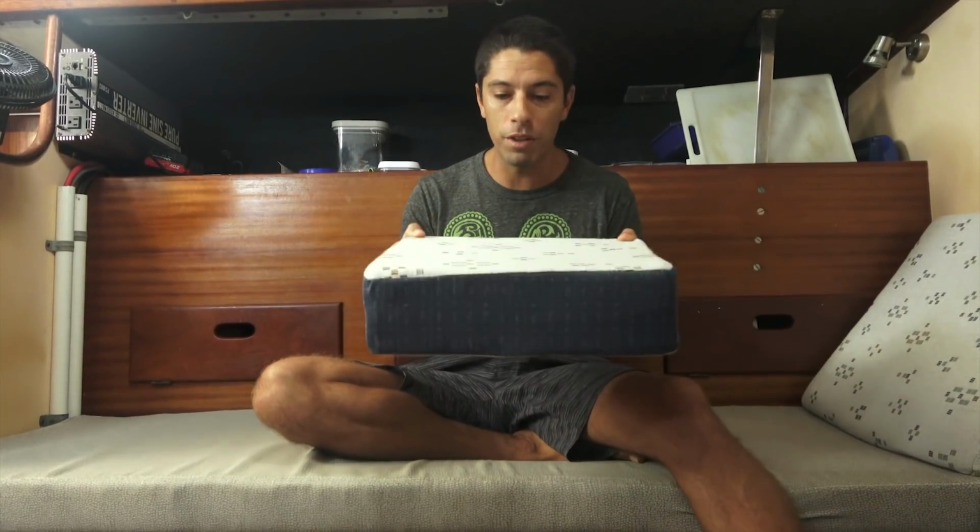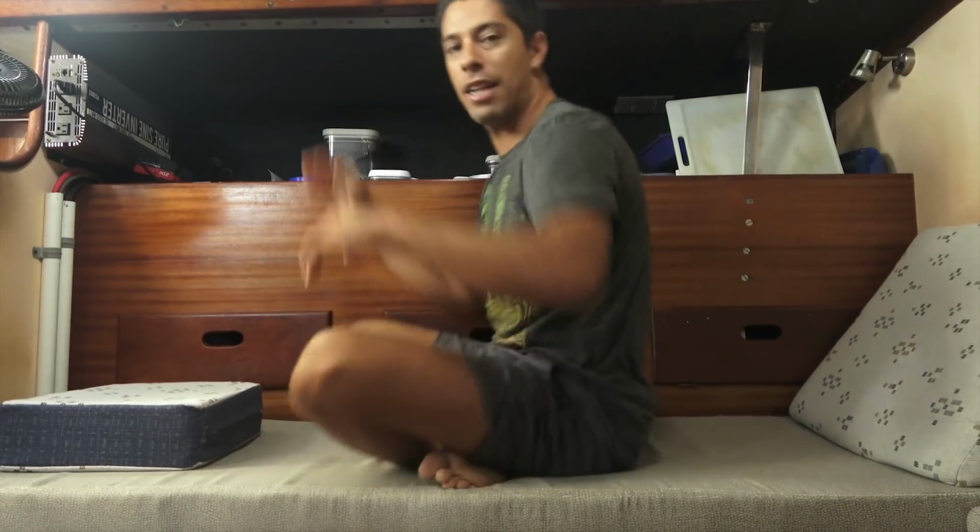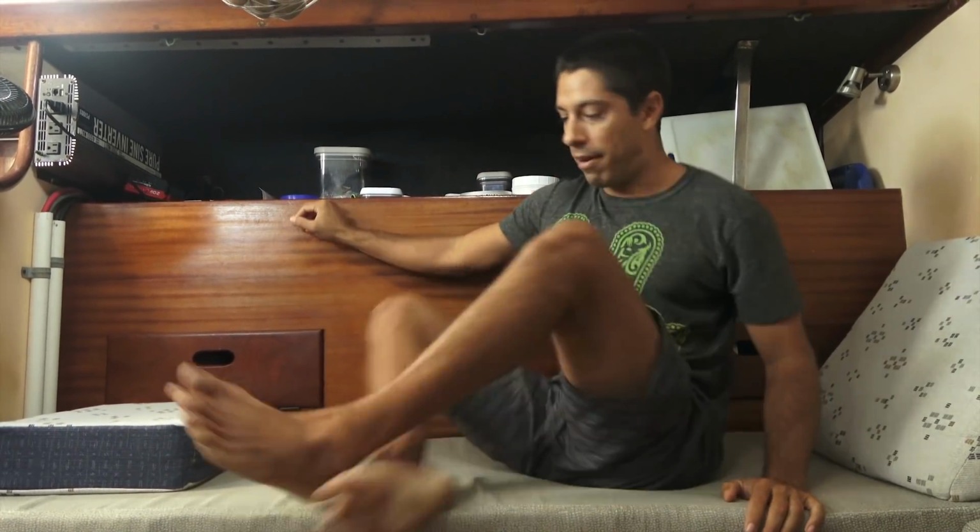But editing as well, sometimes we edit on here, and this has actually turned into our new little desk. It props it up at a nice height, and you can just sit cross-legged in a nice comfy position. So yeah, no doubt about it. Not only does it look fantastic, but it feels even more fantastic. And sometimes